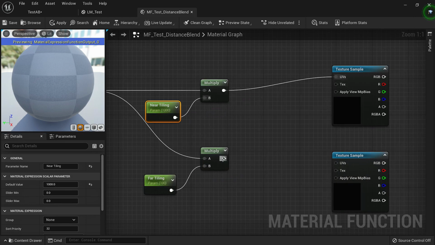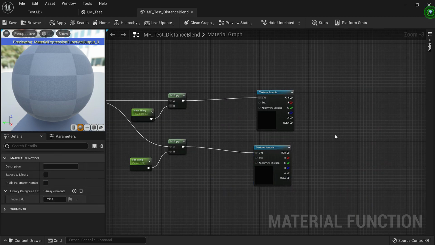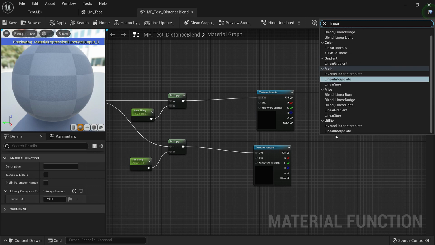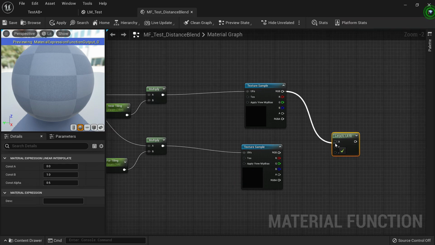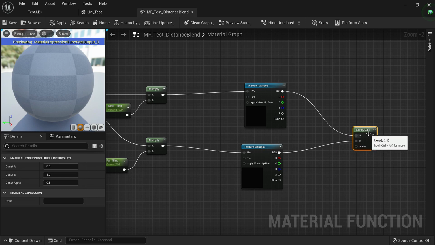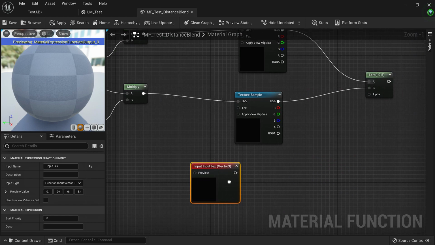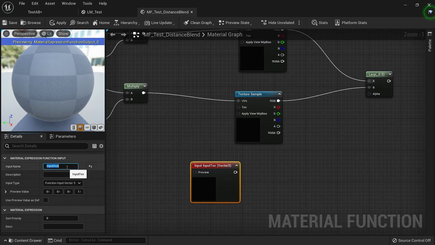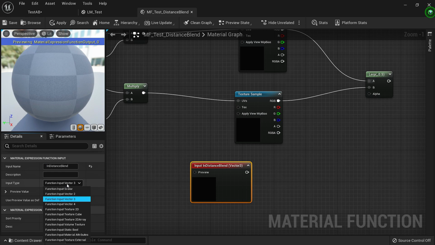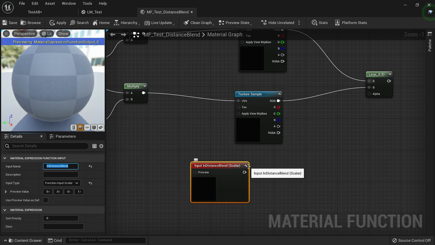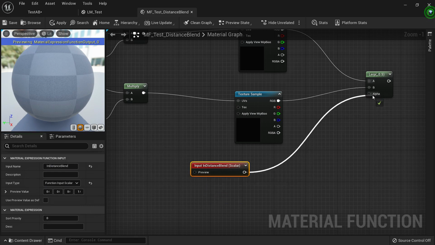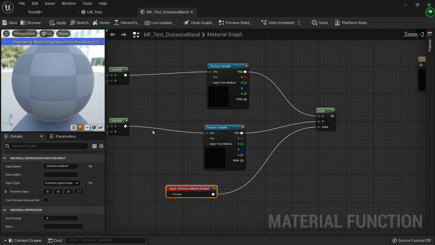Now put that in our UVs and now let's interpolate them with a LUT. So we'll put the near tiling in A and the far tiling in B, and for the alpha we'll use the distance blending value. For that, let's make an input. We'll take this texture input and rename it. By default it is a vector 3 input type. For alpha we only need a scalar value that goes from 0 to 1, so we'll change it to scalar and put this in the alpha. So whatever we put in our distance blend output will be connected directly to the alpha.